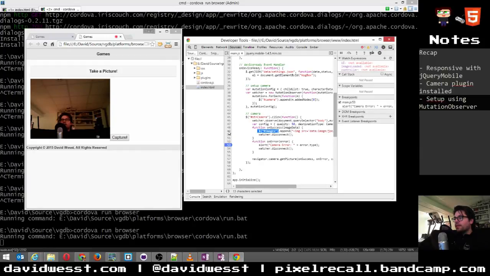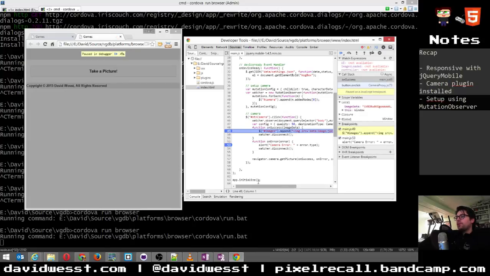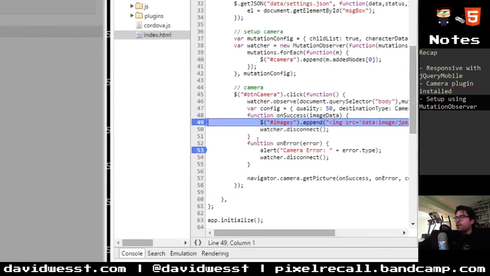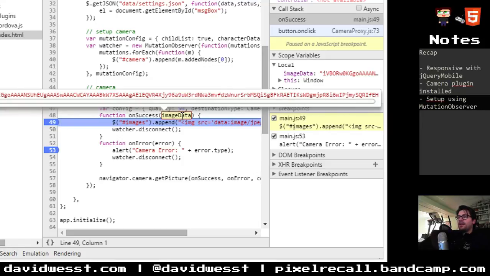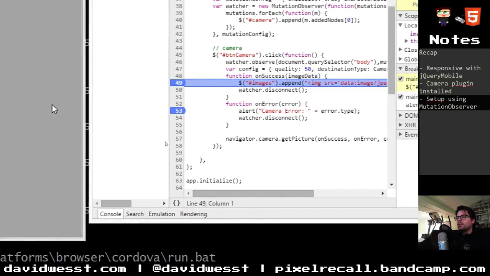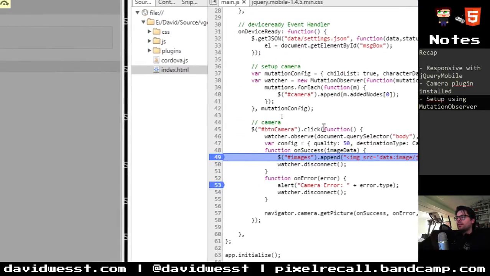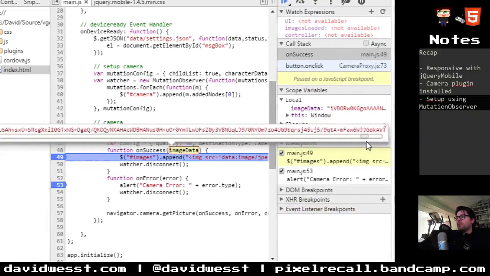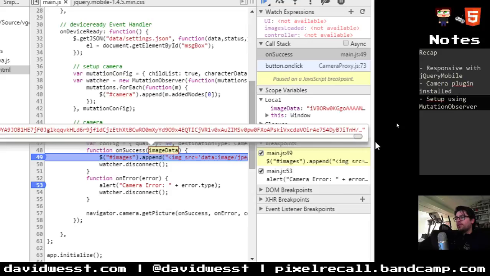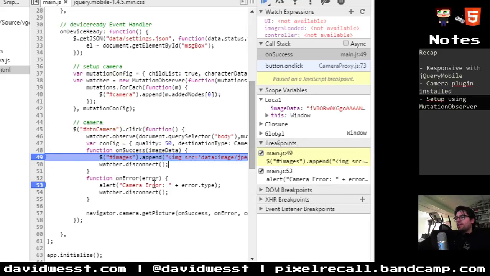Now if I go to my sources, I want to break on this so I can actually show you a little bit of that. We do capture, so we break into here. Zoom in now. So this is what we ended up getting. We ended up getting this big data URL. It's this gigantic superstring. So I'll move it over here and then hover so you can see how big this thing is. It's massive. And if I scroll it, it's huge. This is our base64 encoded string of data.